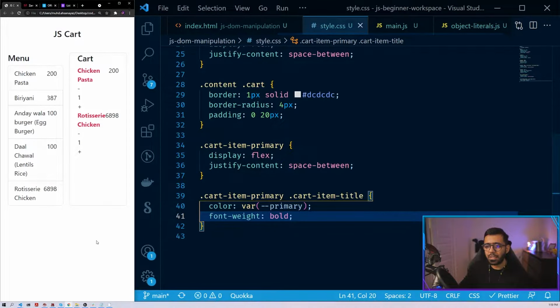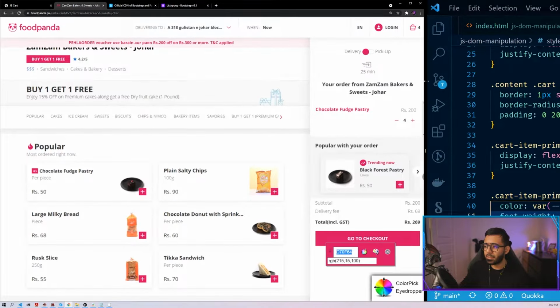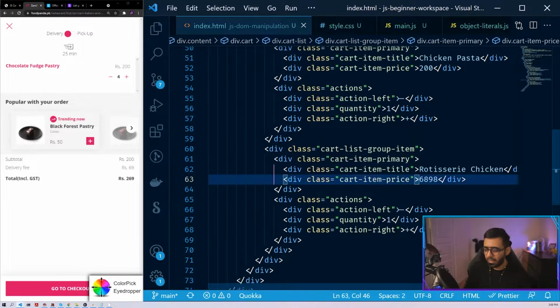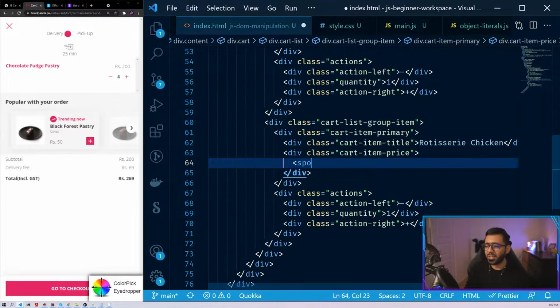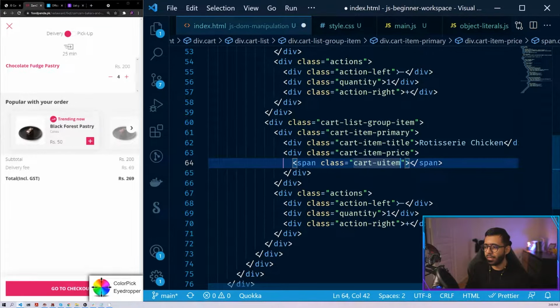So when we save this and refresh, you can see that it reflects what we see here at Foodpanda. And then we have some text there that says rupees, and then we have some number. So here, in this code, we have, let's say, rupees. We could say rupees, but I don't want to make it complex. All right, let's make it complex. So we got a span here with class cart item currency, which says rupees,